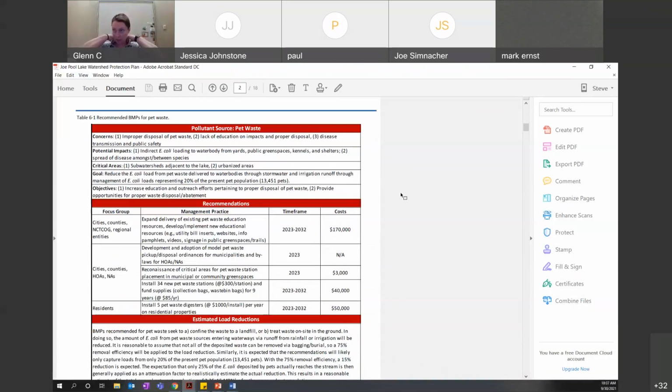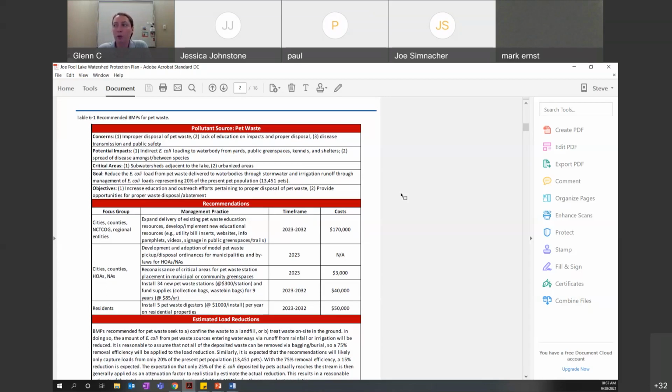All right, so recommended BMPs for pet waste. As we know, concerns are improper disposal of pet waste, lack of education on impacts of improper disposal, and disease transmission and public safety. So our goal is to reduce the E. coli load from pet waste delivered to water bodies through stormwater and irrigation runoff through management of E. coli loads, representing 20% of the present pet population. So we had about 65,000 pets that we calculated, and 20% of that is